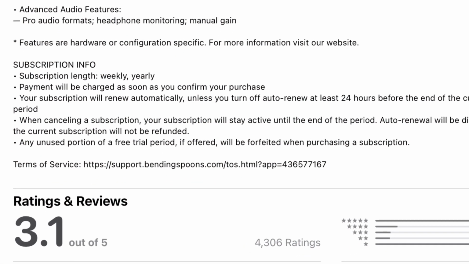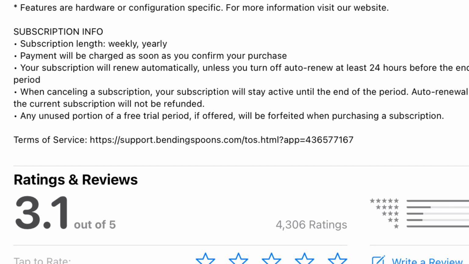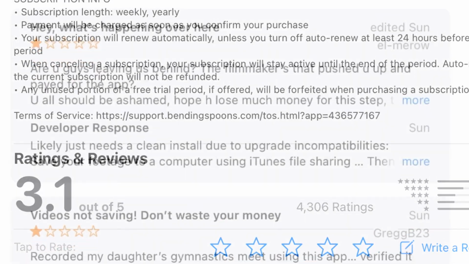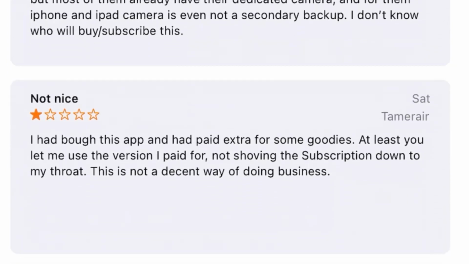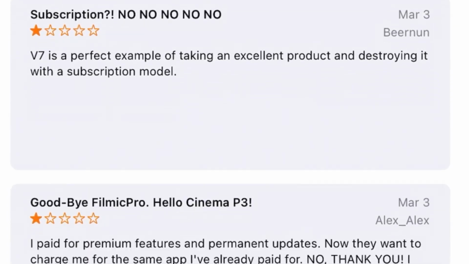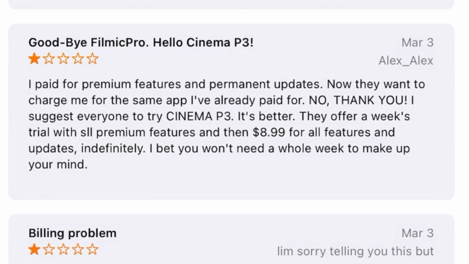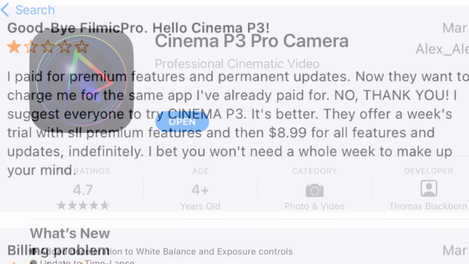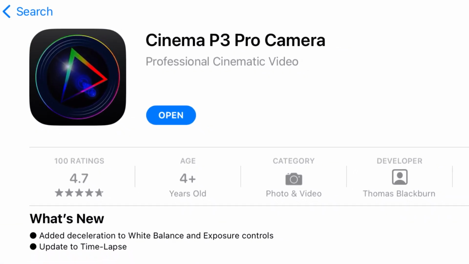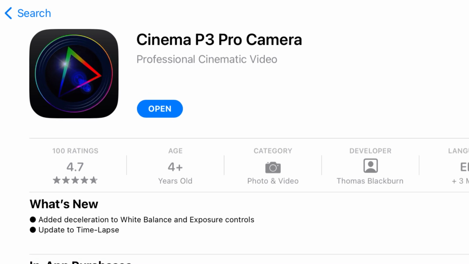But recently they've gone to a new version, added some features, but they've gone from an in-app purchase one-time cost model to a subscription model, which is roughly about $50 a year. It's gotten a lot of negative comments in their App Store listing, and in one of those comments someone had recommended this other app called Cinema P3 camera app, and I thought I would give it a try, and I'm actually really liking it, and I think it's probably going to be my new daily driver as far